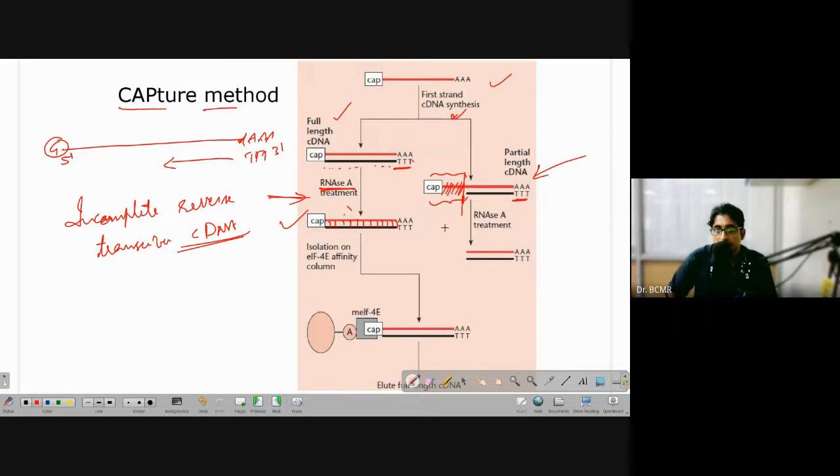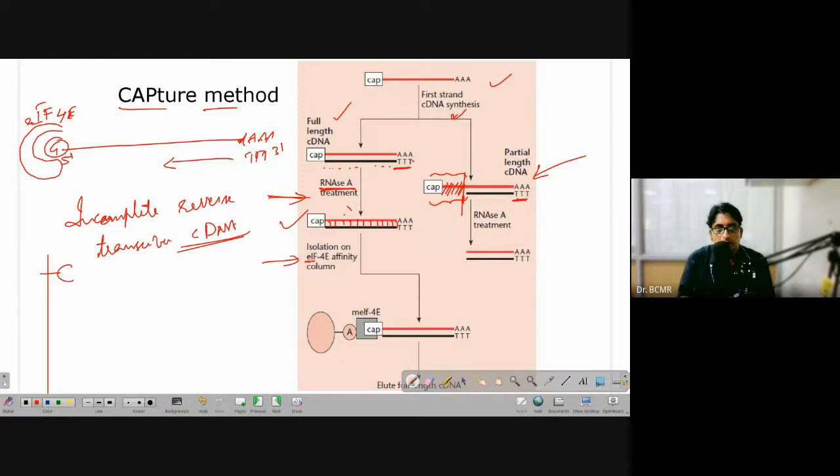the RNase A. And now we're going to use affinity chromatography using EIF4E. E is for eukaryote, IF is for initiation factor 4E. If we recollect, in translational initiation, the mRNA is recognized by one factor, that is EIF4E. So it has high affinity for the G cap. Now, when we pass this through the column containing the stationary phase containing the EIF4E,